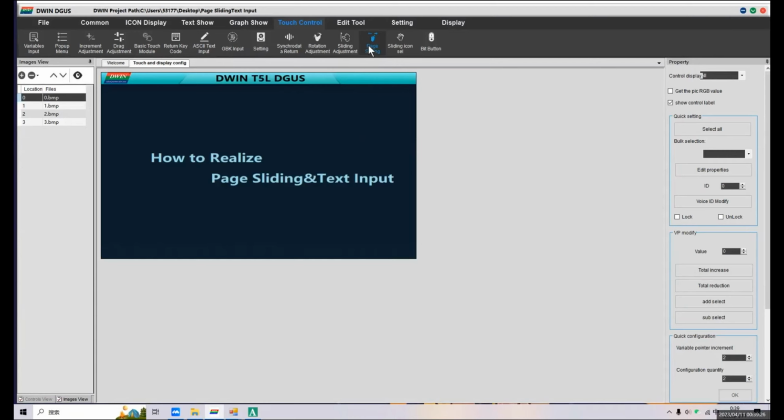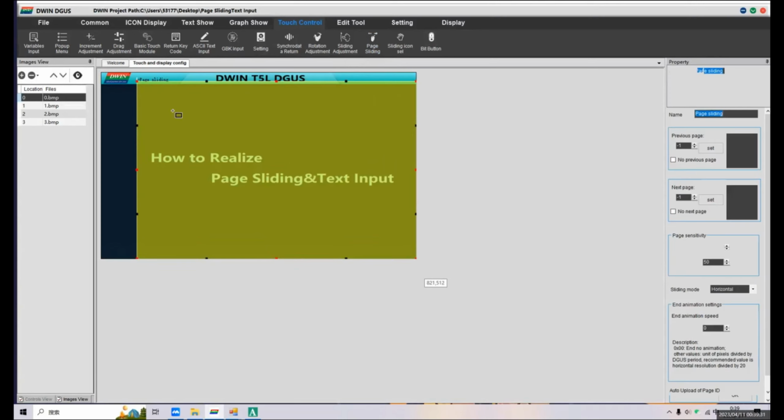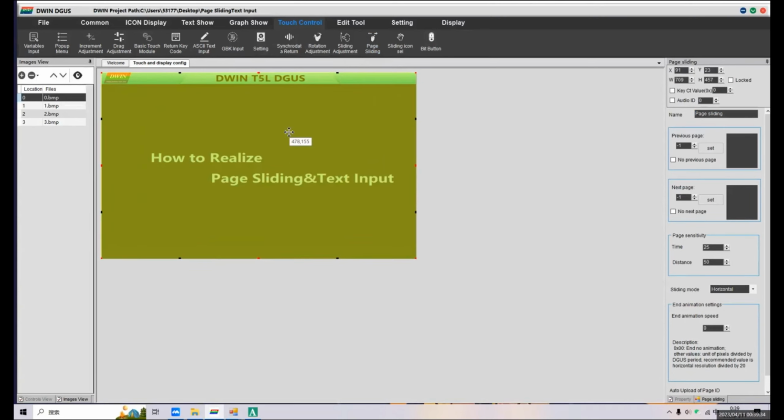Okay. The last step, page sliding. Choose the area of page sliding. Okay. Set the previous page. Click No Previous Page, and the last page we set 1. We can use the default values. And the last,